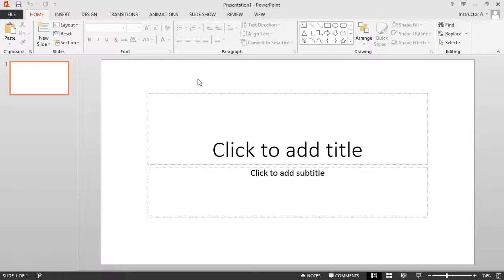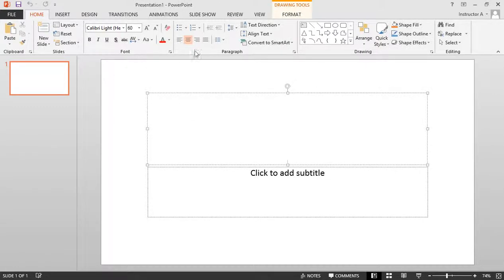So what I'm going to do is go ahead and give you a quick little tour of the interface and where certain things are located, so you have an idea of what we're going to be working with, and then I'll start creating this presentation. Now I'm going to click in this placeholder right here, just so that it activates the ribbon across